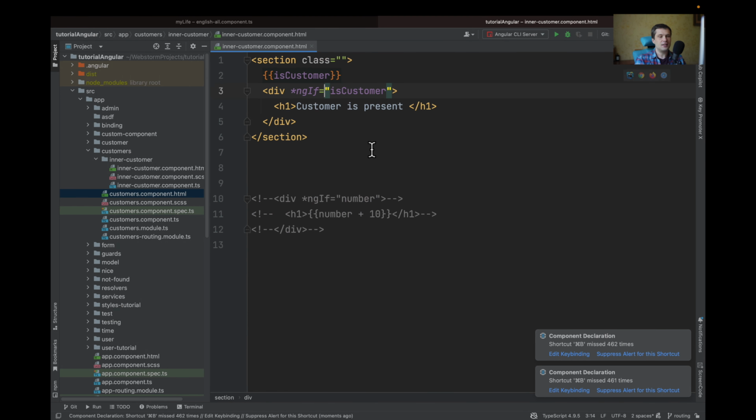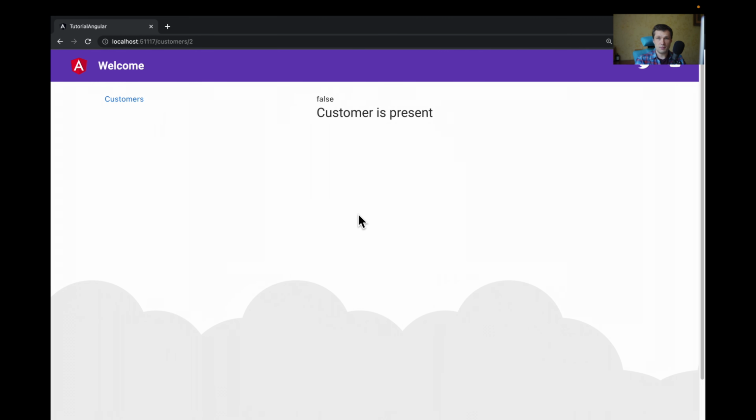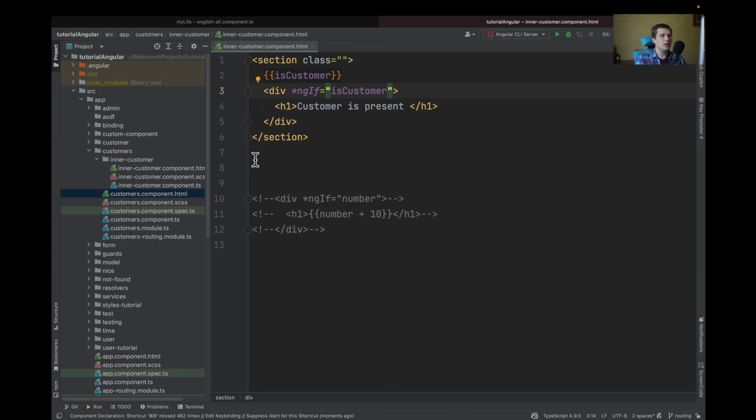So in this case, when I go into my HTML, I'm just checking if there is a customer, then I'm showing some data. And in case of a number, I'm adding +10. But the problem with it, because it's a string, it's actually a valid value. So it shows that customer is present. To fix it,